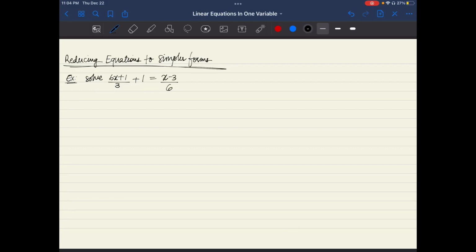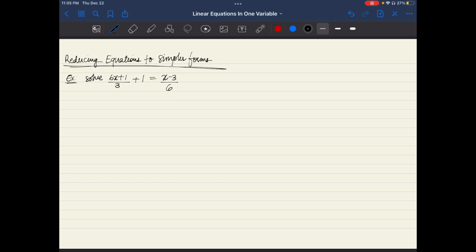In today's video, we will be again continuing with the topic of linear equations in one variable. Now, the first topic in today's video we will be covering is reducing equations to simpler forms. I will be doing multiple examples with you so as to solidify all these concepts. So, under the topic of reducing equations to simpler forms, our first example is solve (6x plus 1)/3